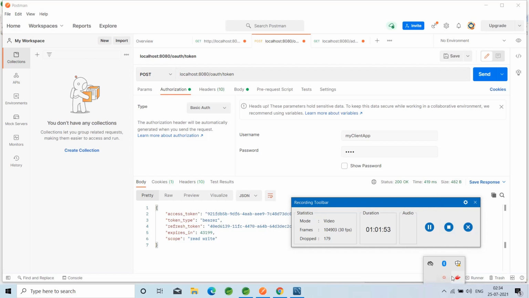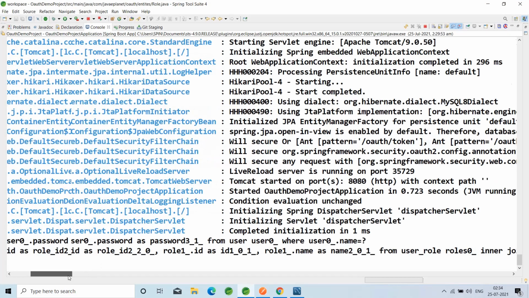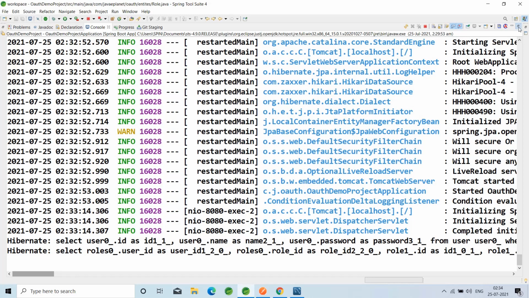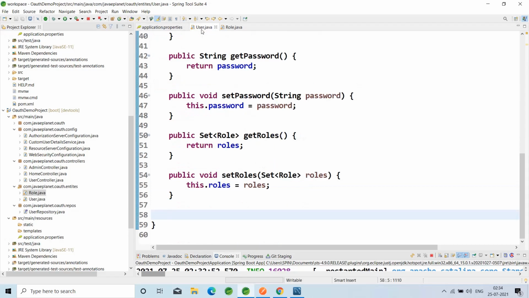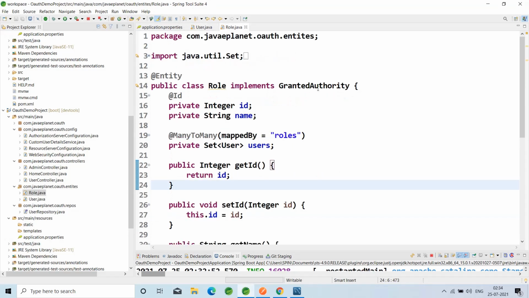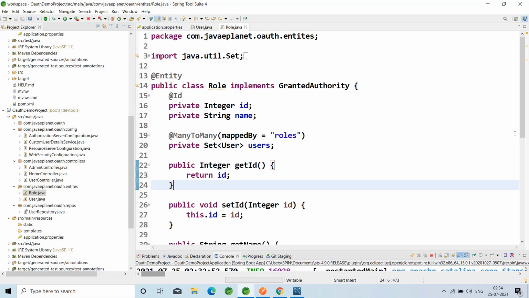Here I have entered the complete details, and I have started the application. I have made slight changes here. I have removed the @Data Lombok annotation in both the entities because I am getting a few exceptions that are stopping the generating of the token. Internal errors are occurring, so for that I have removed the @Data Lombok annotation. After that, okay, everything is fine.